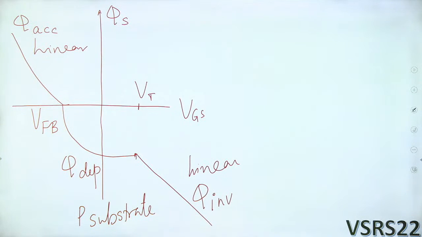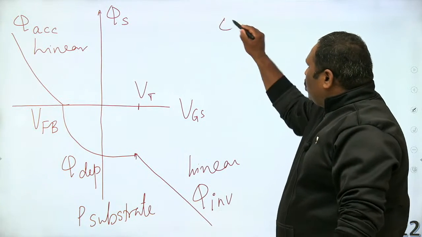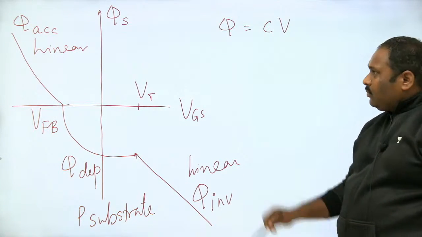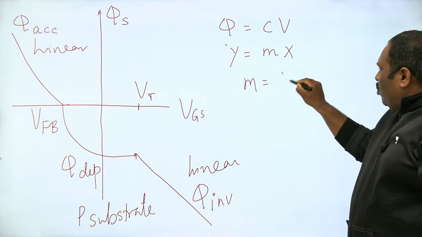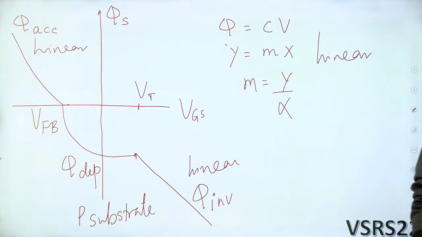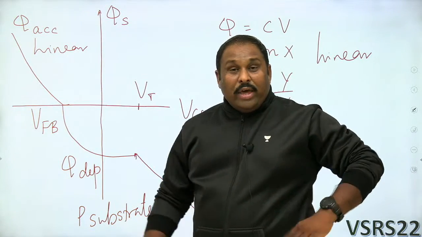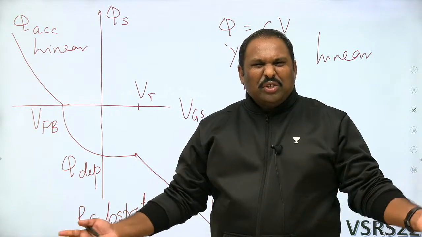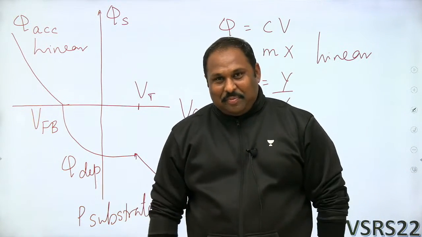Revati, Raman, sure. You want to understand why it's again linear? Just listen. Q is equal to C into V. Y equal to mx. M is y by x, linear. So it's linear here, where your capacitance is constant, because it is only because of the oxide layer. So capacitance is coming only because of the oxide layer. So it's linear.